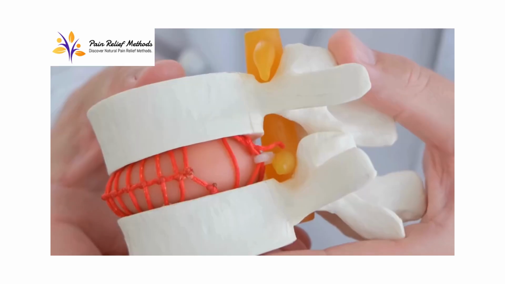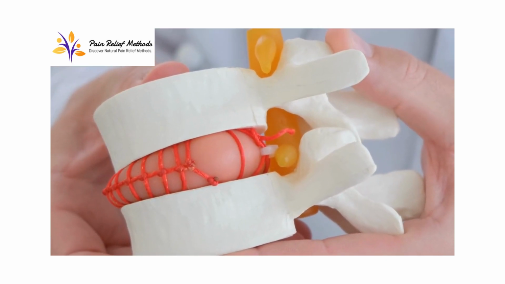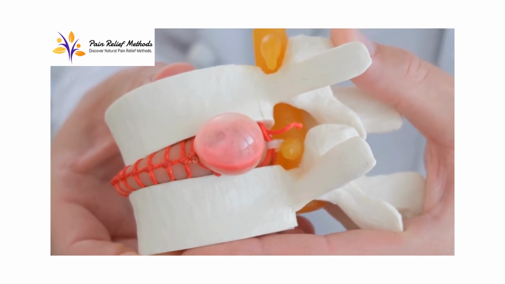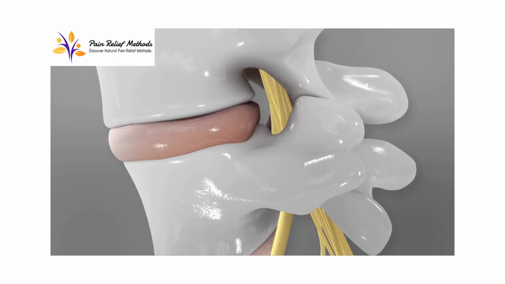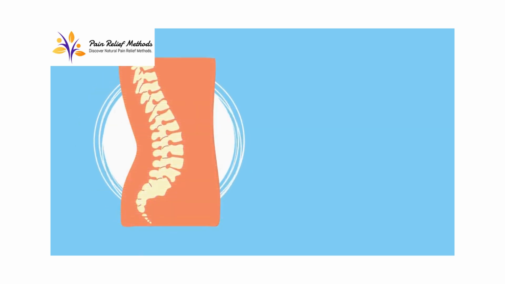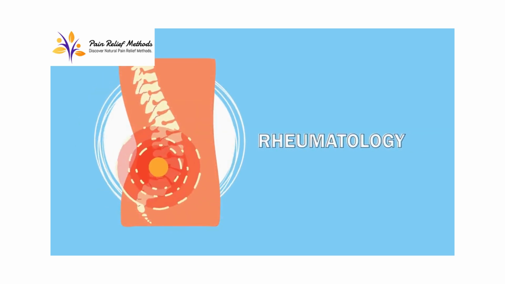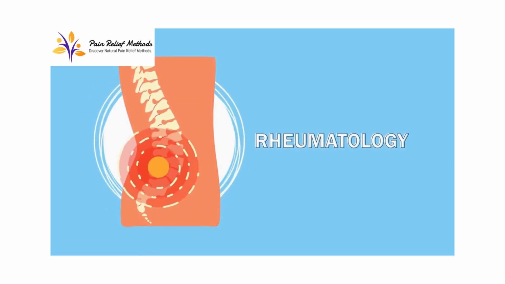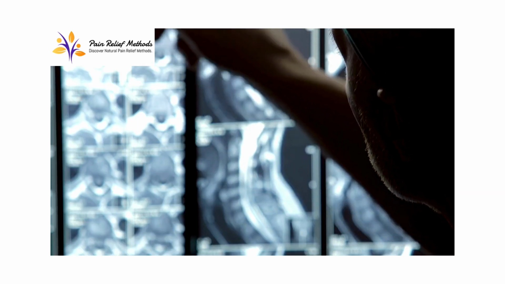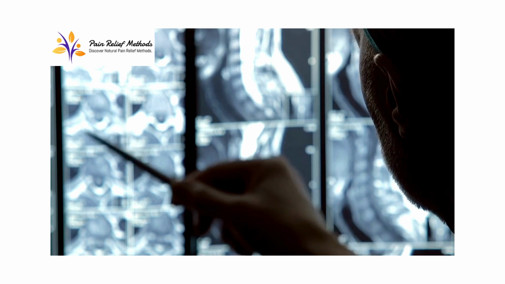Incision and access: a small incision is made near the spine, typically in the back or the side depending on the location of the herniated disc. Disc removal or repair: in a discectomy, the herniated part of the disc is removed to alleviate nerve pressure. In spinal fusion, the damaged disc is removed, and a bone graft or metal hardware is used to fuse the adjacent vertebrae. Closure: after the procedure, the incision is closed with sutures or staples, and the patient is monitored in